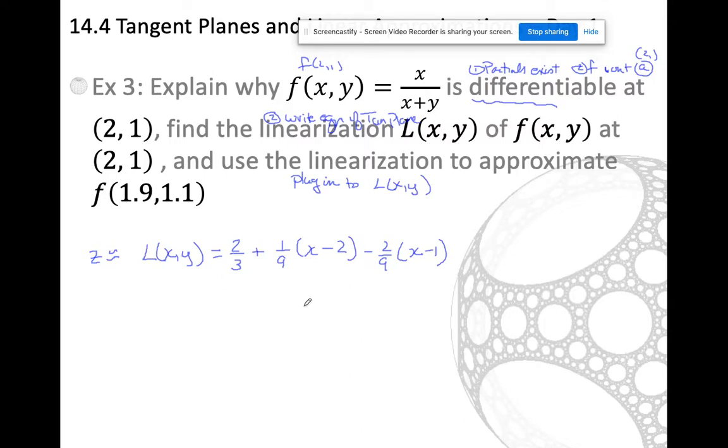If you want to expand and combine, or you need to match multiple choice, fine. But as long as I am close to 2 and close to 1, this tangent plane is a good approximator. So z of 1.9, 1.1 is approximately L of 1.9, 1.1, which just means I'm plugging in